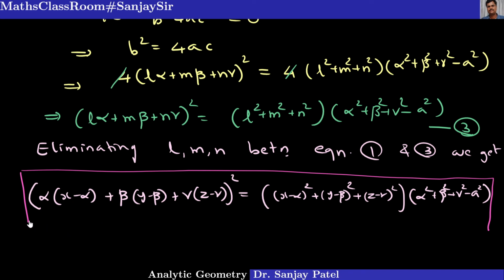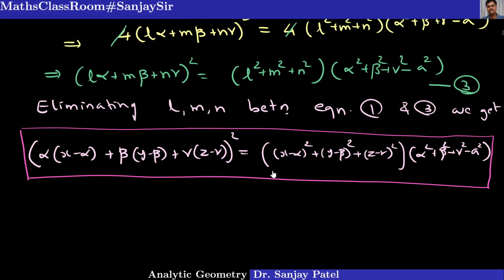So it is the equation of the enveloping cone of the sphere x square plus y square plus z square equal to A square. Your homework is to obtain the equation of the enveloping cone with respect to the sphere given in the general form x square plus y square plus z square plus 2ux plus 2vy plus 2wz plus d equal to 0, and having vertex A alpha beta gamma. What I want to do further here is write down the same equation in a simple form by using a special trick which is very amazing. That I will write as a remark.